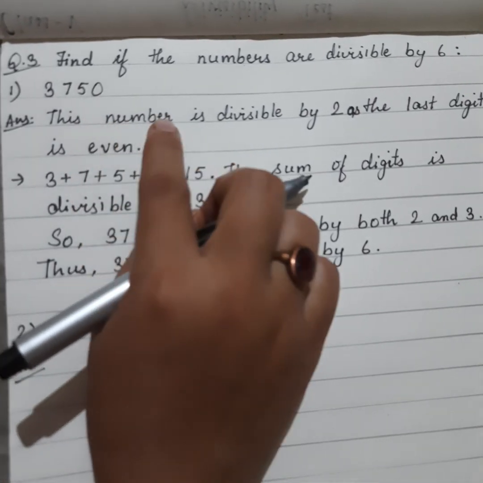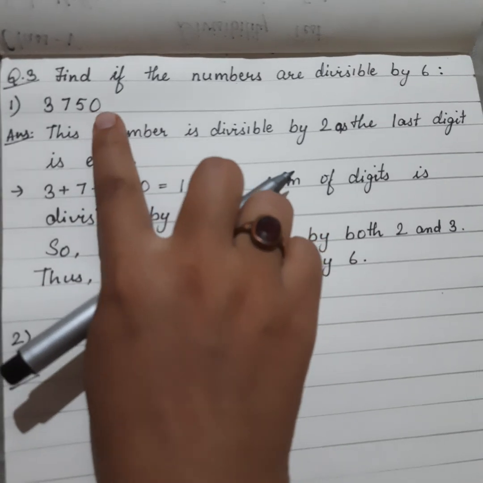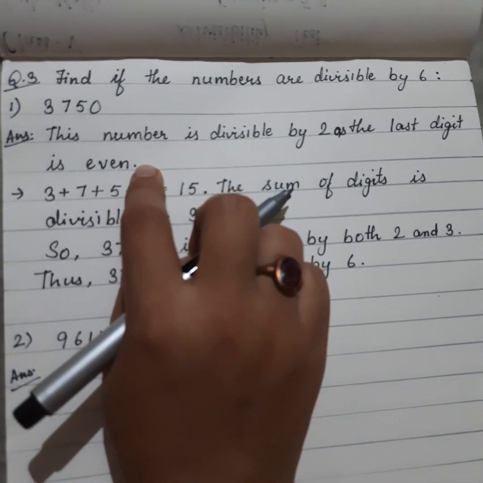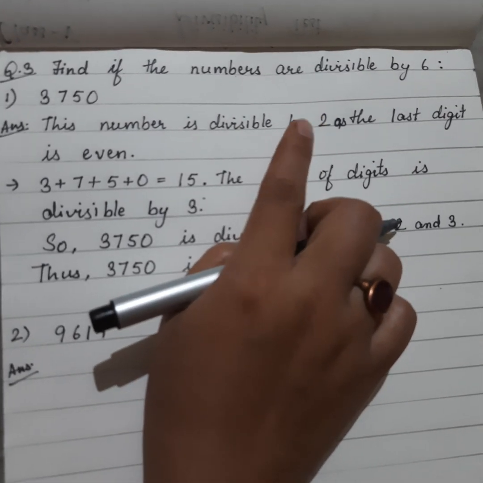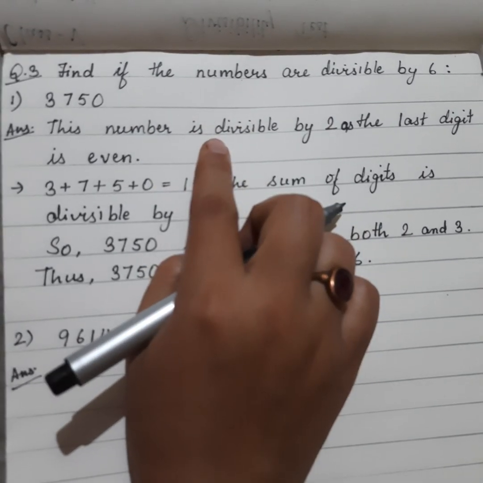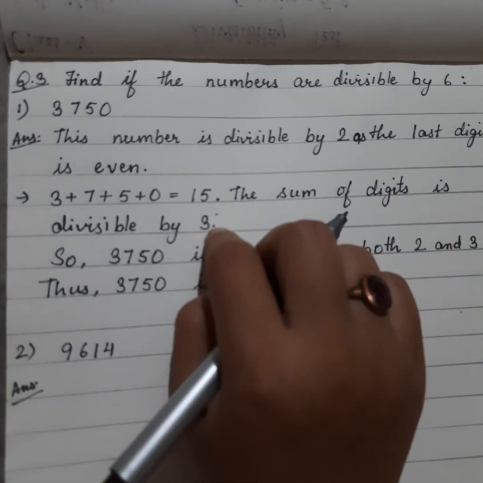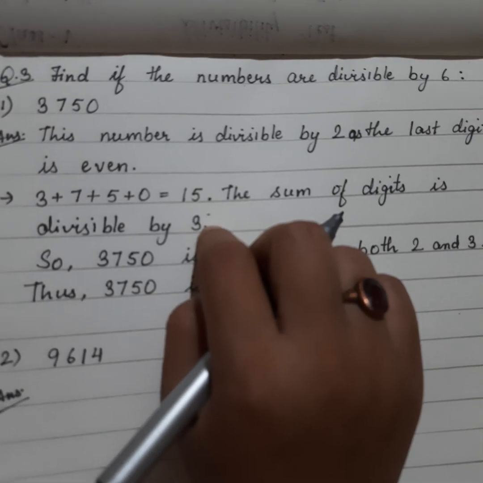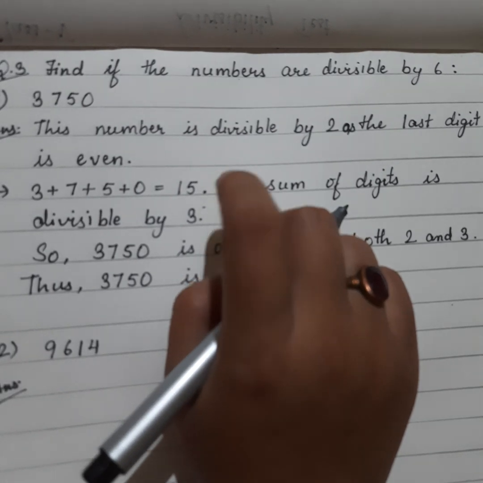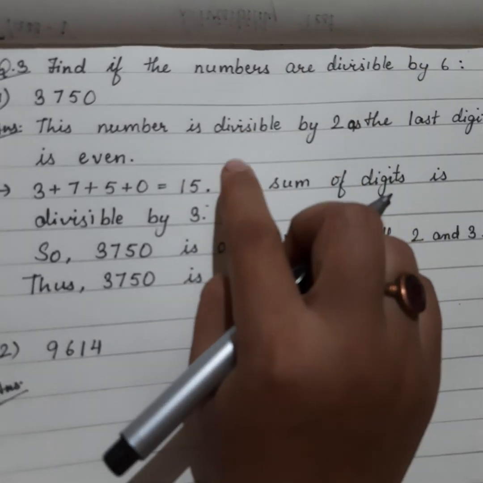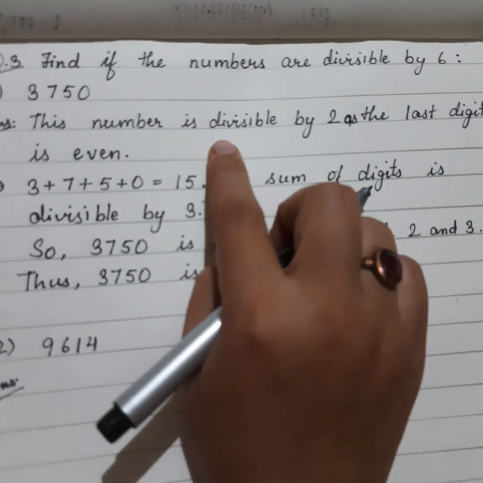3750. This number is divisible by 2 as the last digit is even. 0 is an even number. So you can say this number is even, so it can be divided by 2. This is the first step, meaning divisibility by 2 we have proved here. Then in the second step we have to go for divisibility by 3, and if it is divisible by 2 as